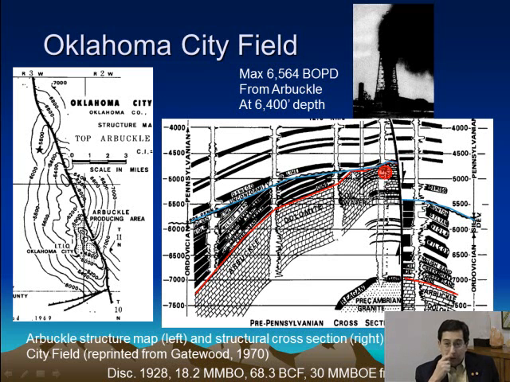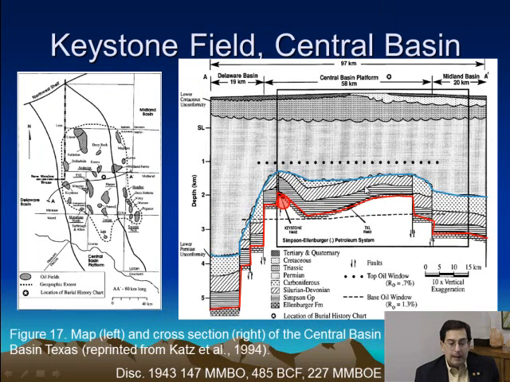That's one of the amazing things about the Great American Carbonate Bank reservoirs: because of the fractures, phenomenal wells can result. An example of another major structure that produces out of dolomite reservoirs is Keystone Field in the Central Basin Platform of the Permian Basin. And you can see that there are several very large structural fields that are companions to Keystone.